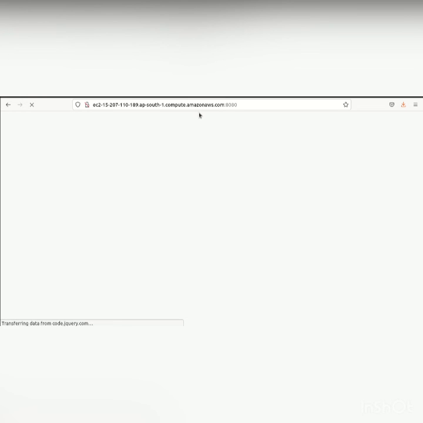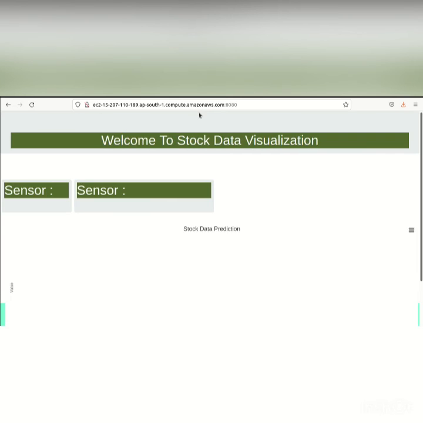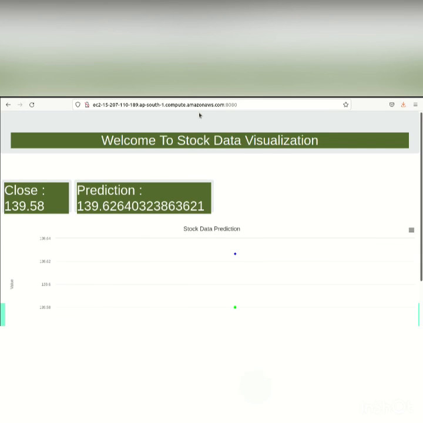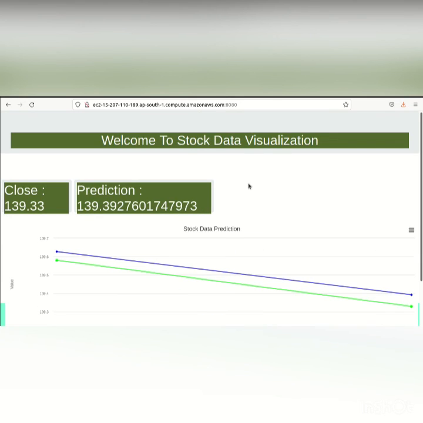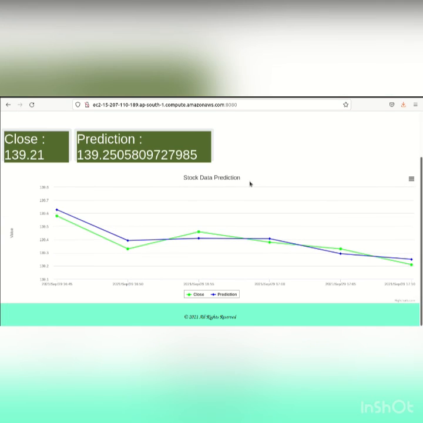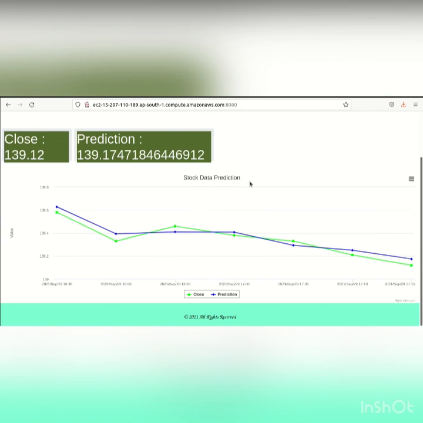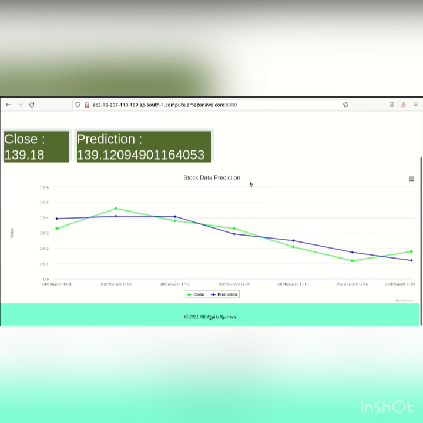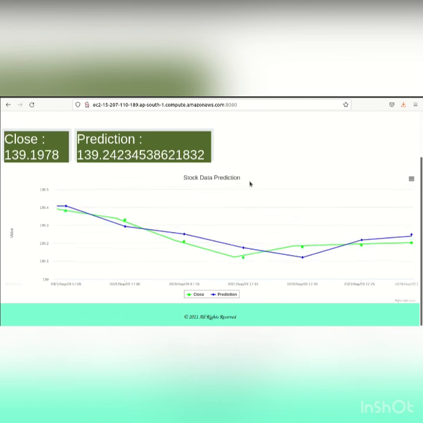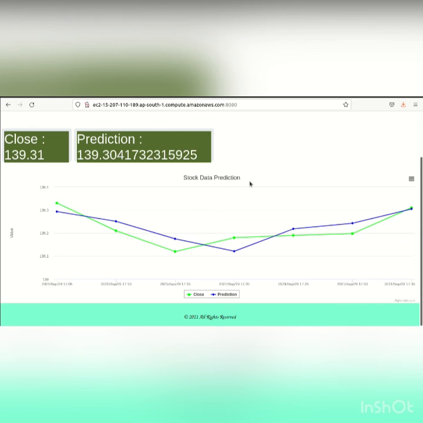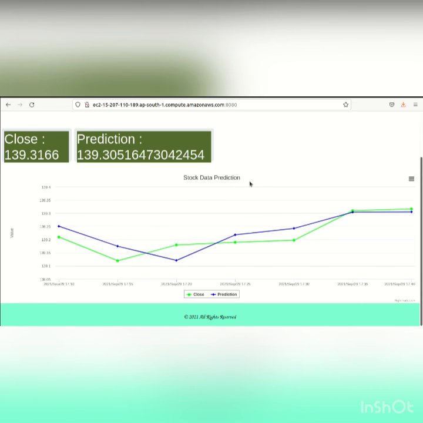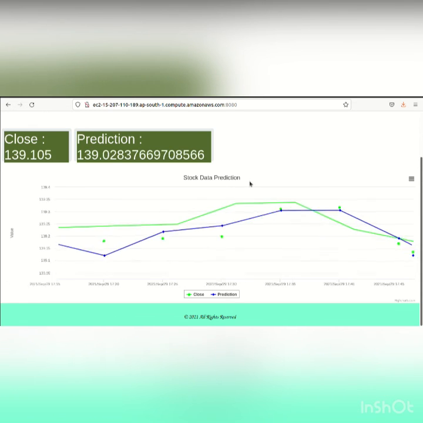So we have this close and prediction. As you can see, we have this stock data prediction graph of this live data. So this blue line says this is a prediction, and then the yellow line, the green line specifies this close and prediction.